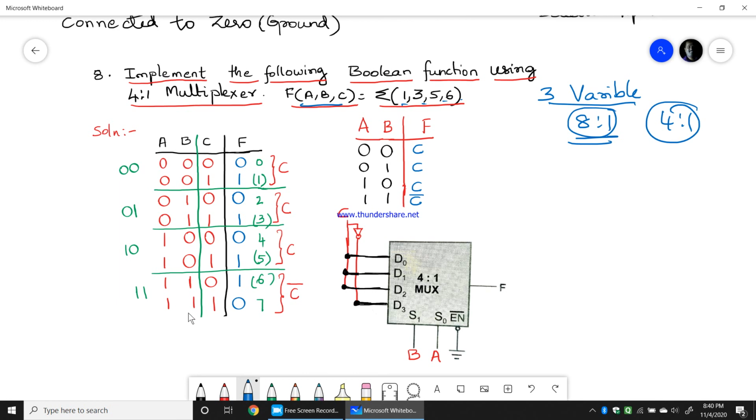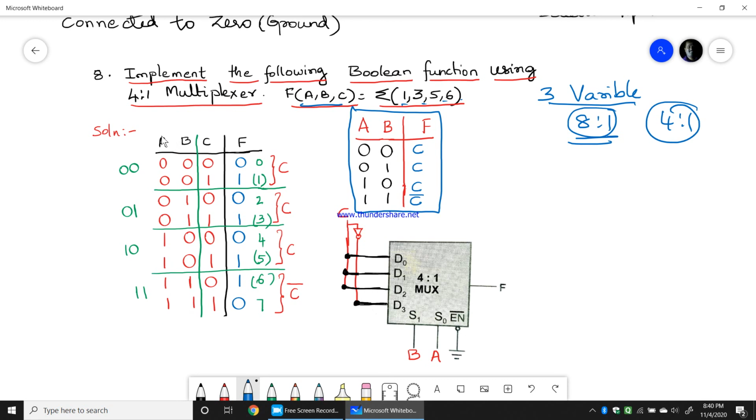Therefore the 8 combination truth table should be converted into a 4 combination truth table, what I have written here. I'll explain how the 8 combination truth table is converted into a 4 combination truth table. Now I'll divide this group of 8 combinations into 4 different groups by considering A and B as the selection inputs, because AB will repeat 0, 0 for 2 values, again AB is 0, 1 for these 2 values, AB is 1, 0 for these 2 values and 1, 1 for these 2 values.